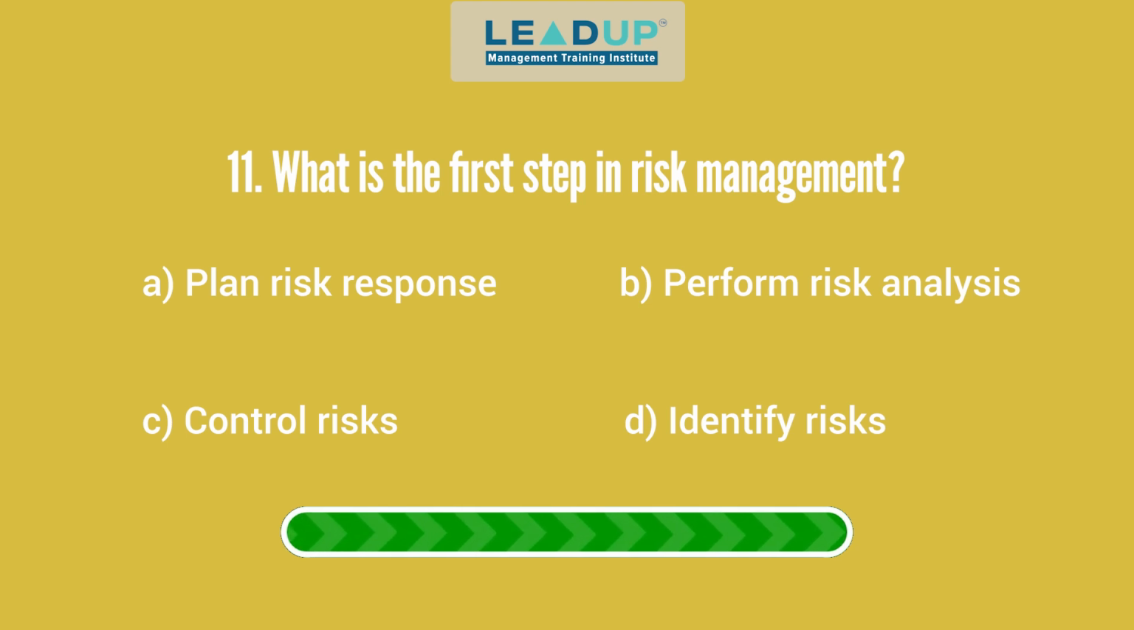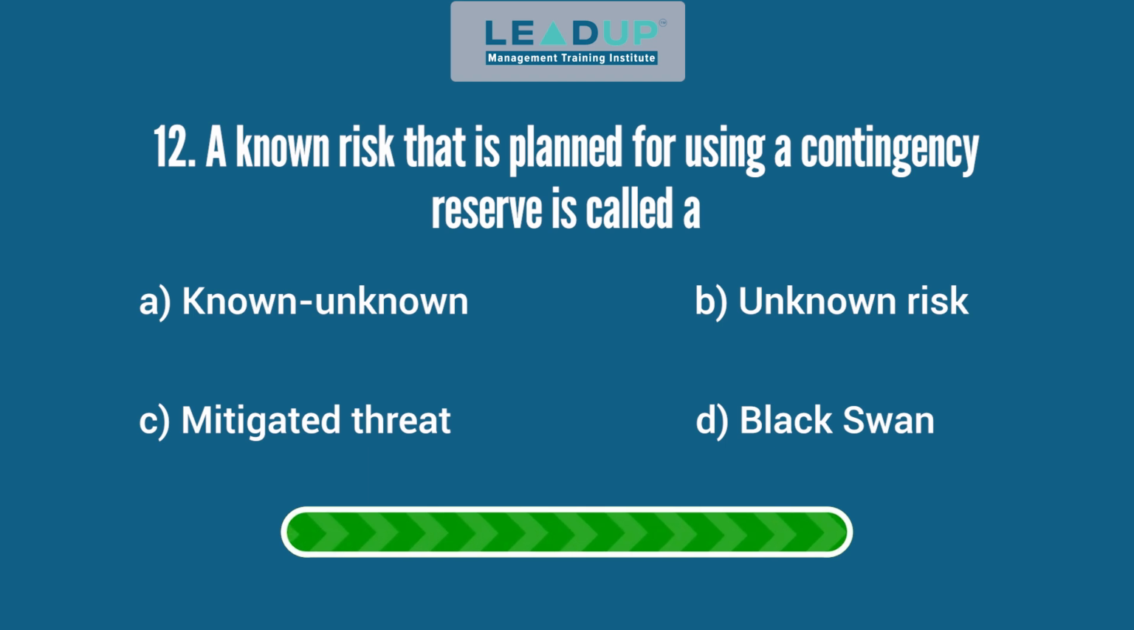What is the first step in risk management? A. Plan risk response, B. Perform risk analysis, C. Control risks, and D. Identify risks. Answer: Identify risks. Question 12. A known risk that is planned for using a contingency reserve is called